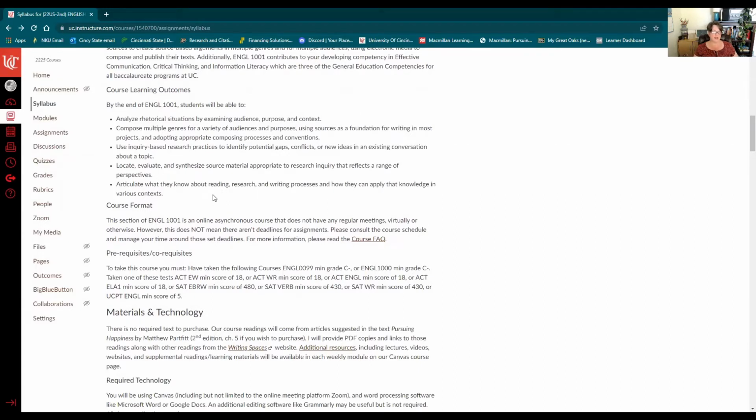and context, compose multiple genres for a variety of audiences and purposes, using sources as a foundation for writing in most projects, and adopting appropriate composing processes and conventions. You will also use inquiry-based research practices to identify potential gaps, conflicts, or new ideas in an existing conversation about a topic. Locate, evaluate, and synthesize source material appropriate to research inquiry that reflects a range of perspectives. And lastly, articulate what you know about reading, research, and writing processes and how you can apply that knowledge in